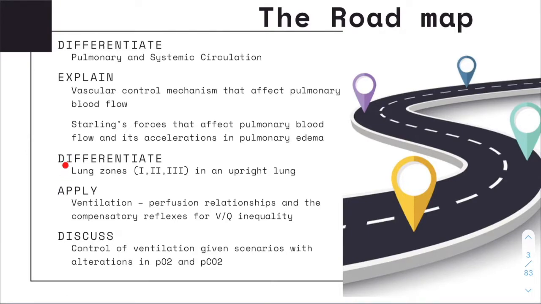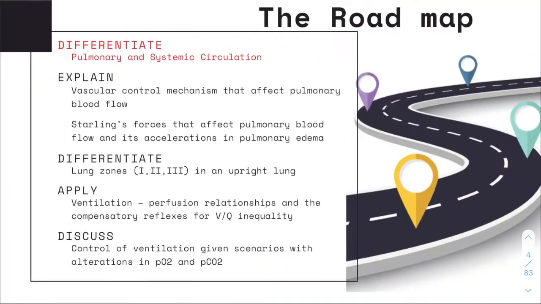Differentiate the lung zones in a normal upright lung. Apply ventilation-perfusion relationship and the compensatory mechanisms for VQ mismatching. The control of ventilation, and discuss the given scenarios with alteration in your PO2 and PCO2. To start with,